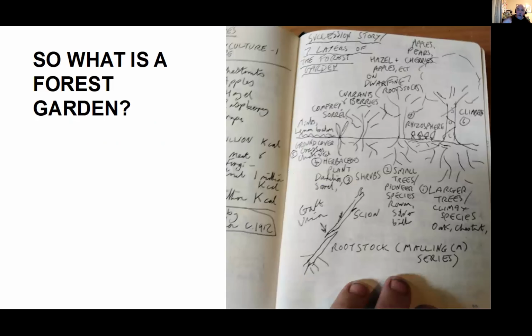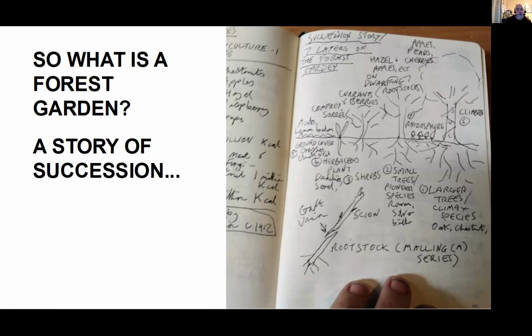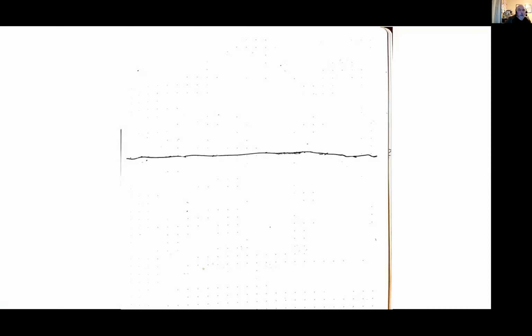But still haven't really got to the question of what is a forest garden. So, what is a forest garden? And I'm going to answer that question by telling a story. The story I'm going to tell is the story of succession. So imagine this line here